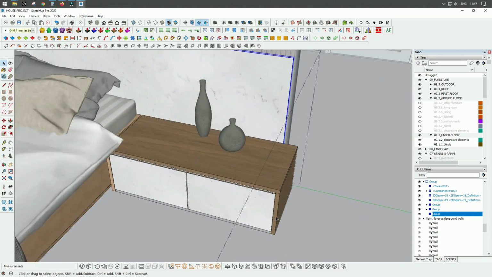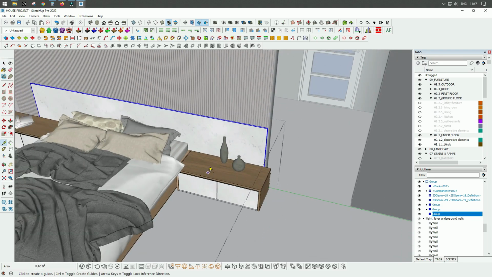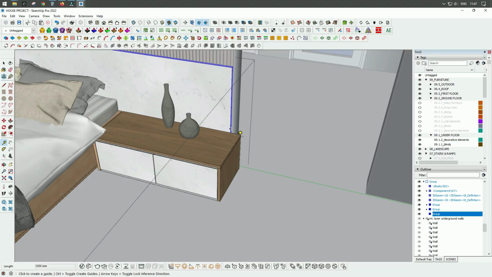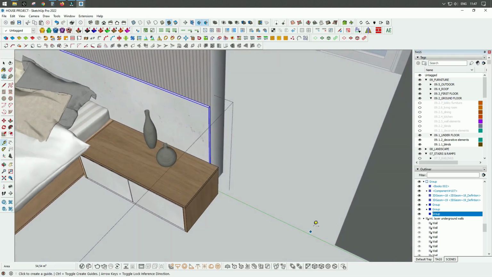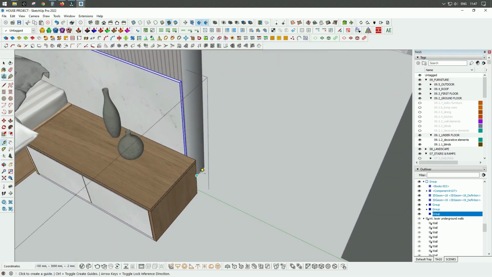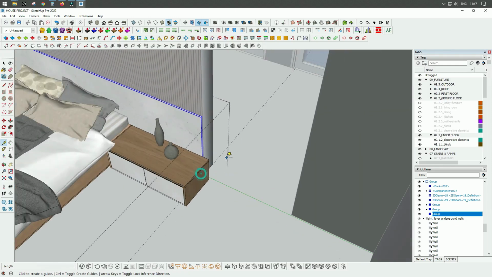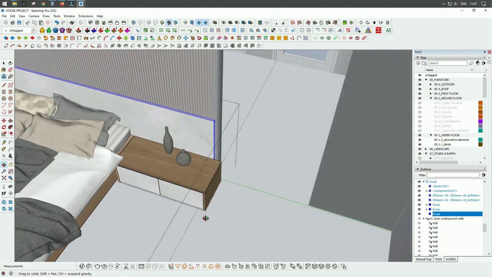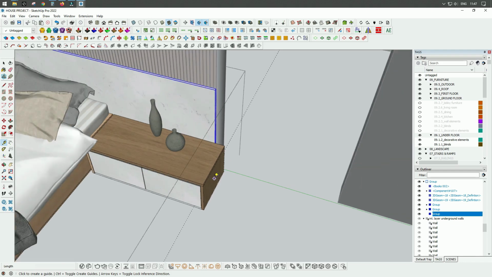Now I have to create some reference line in order to know exactly where should we place this element, and